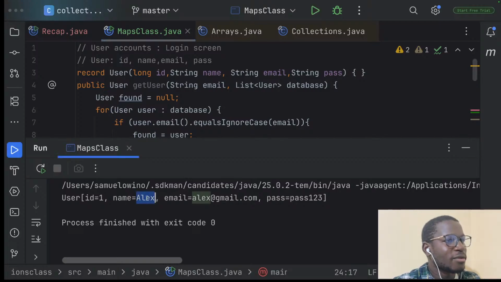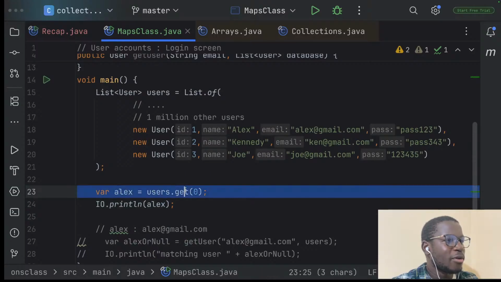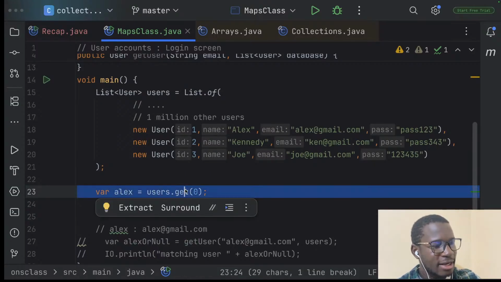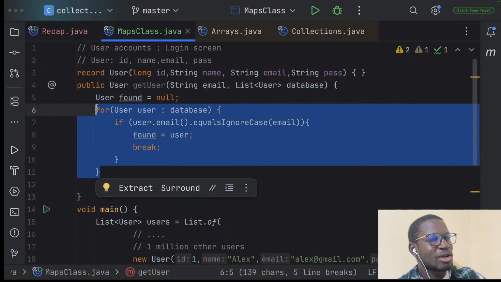So if we print that, we'll see that we're able to obtain Alex. The difference is this is way more efficient because we're going directly to the index and retrieving Alex. We don't have to loop through every element in that list for us to retrieve Alex, which is what we are doing here. So if Alex is at the bottom, this loop will run 5 million times before it gets